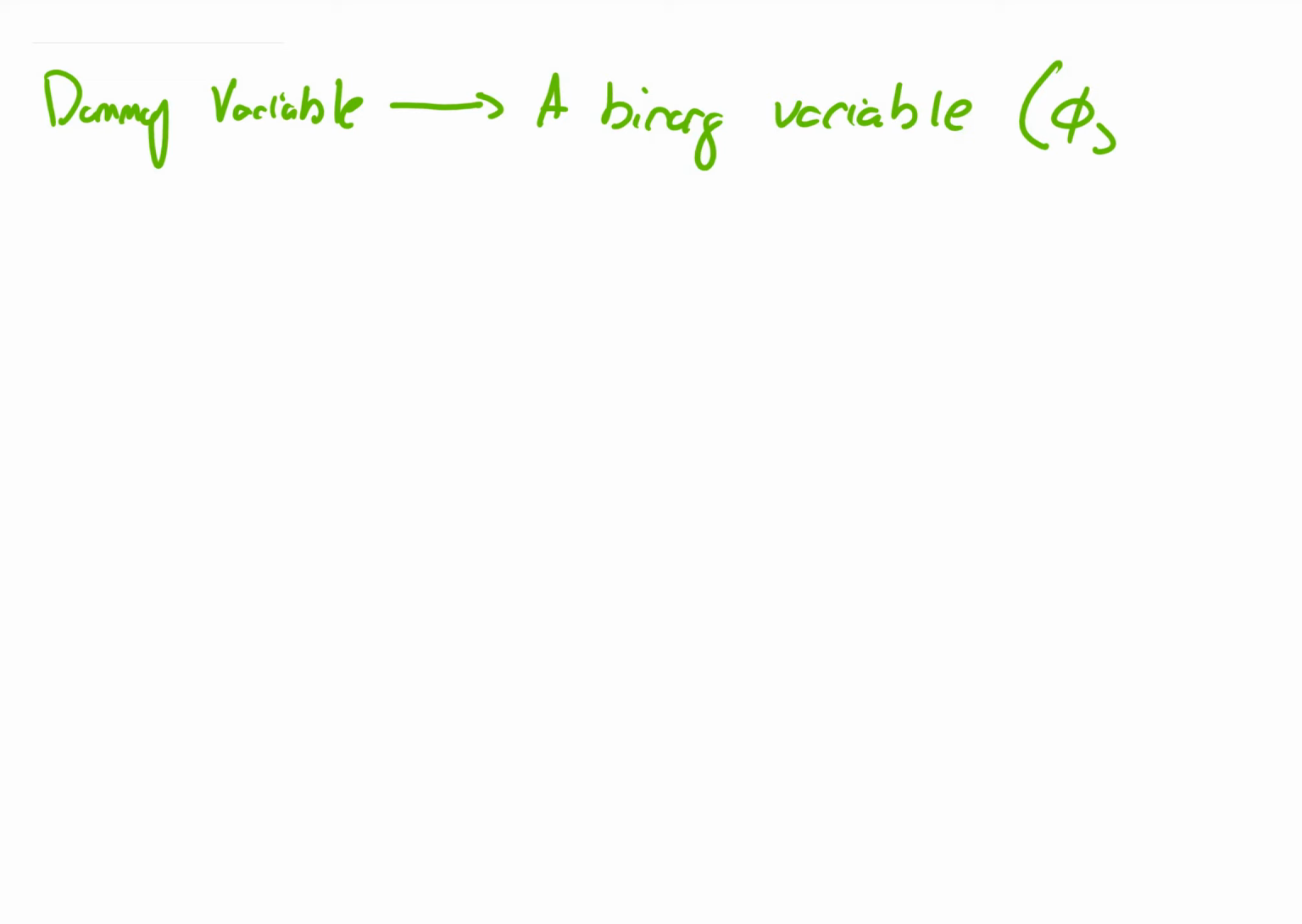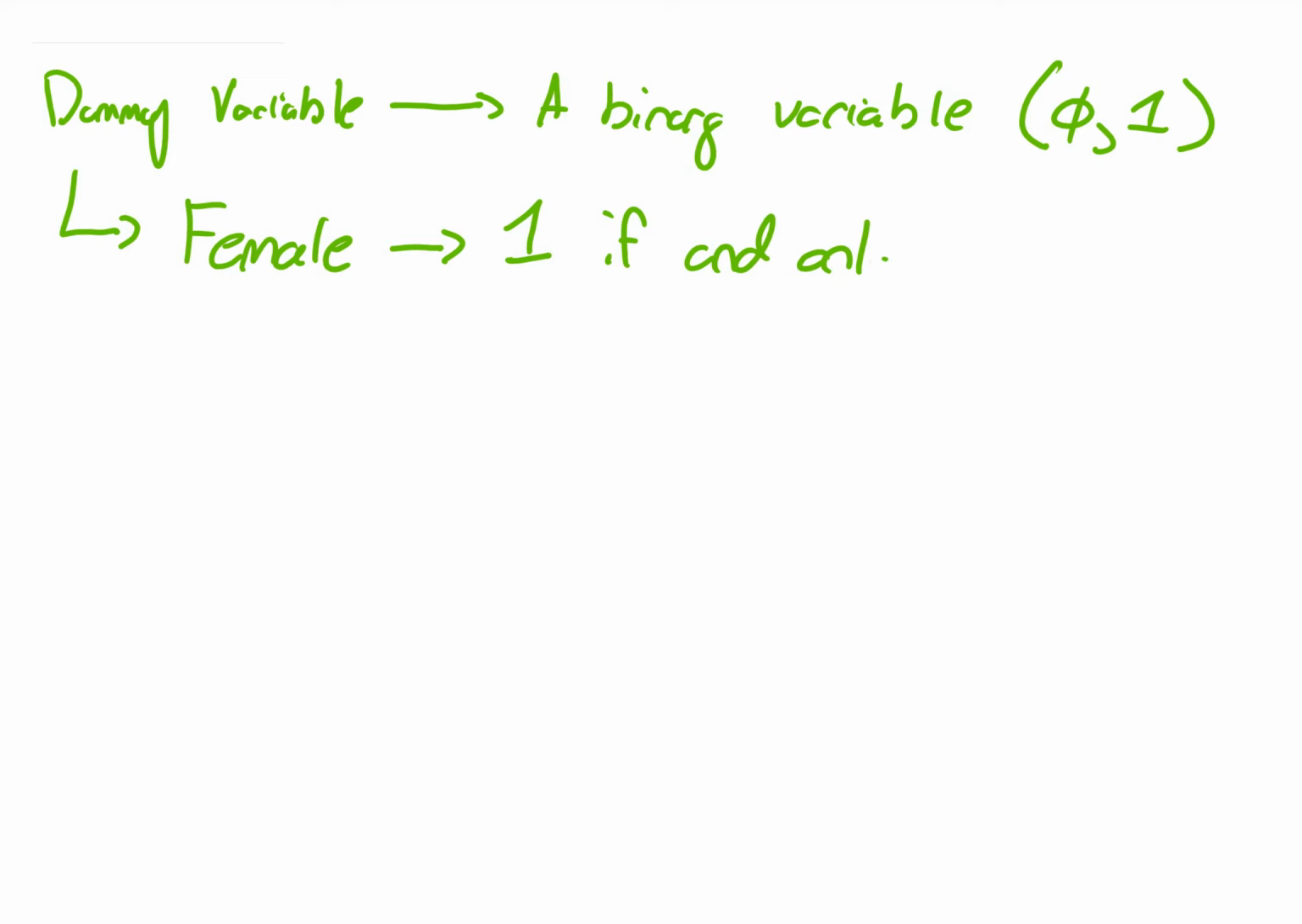Okay, so a dummy variable, it's a binary variable. Binary just means that it's going to take on a value of 0 or 1. An example that we've seen earlier in this course of a dummy variable, we just didn't call it that, was female. This variable female is 1 if and only if the observation